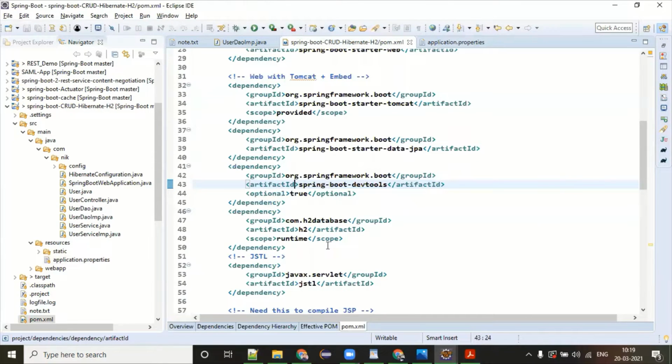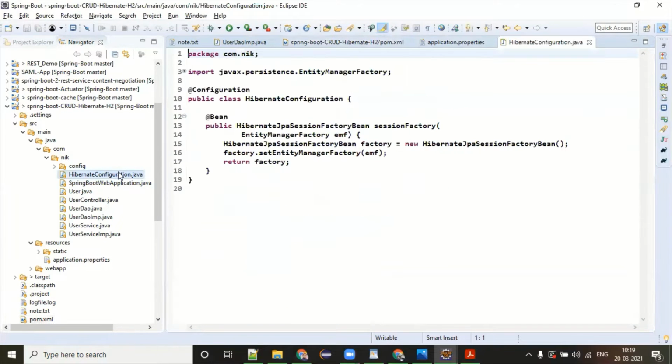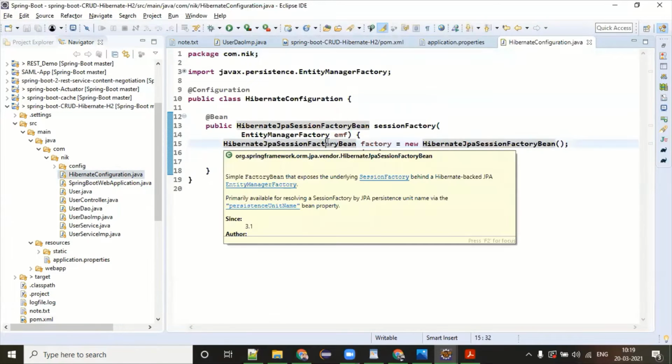That's the beauty of Spring Boot. You don't need to define a data source. You don't need to define lots of configuration related to the database connection. It is always reading the class path, and if it finds that an H2 database is enabled, it automatically gives you a connection. So now come to the Hibernate configuration.